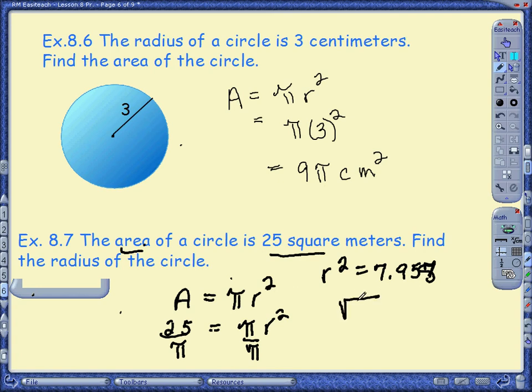Okay? We want to take the square root of 7.958. That's what we want the square root of. You hit your second function button, the yellow button at the top of the first column of keys, and that gets your square root up, and you put in